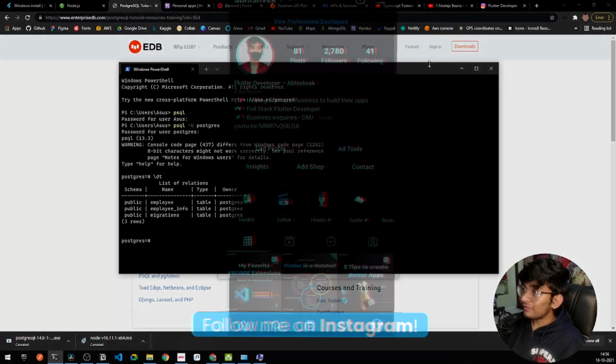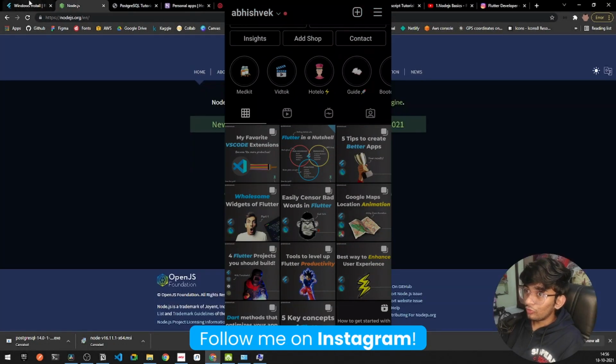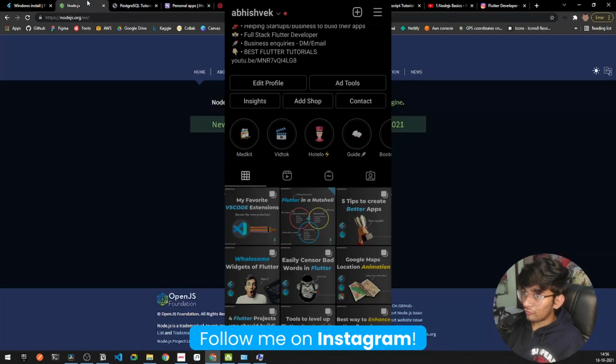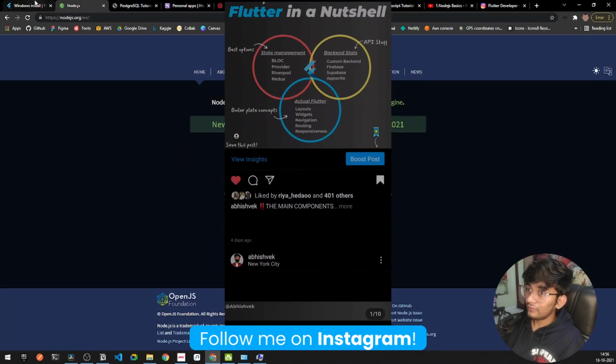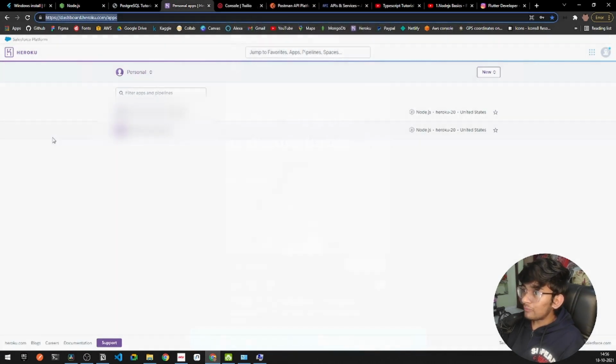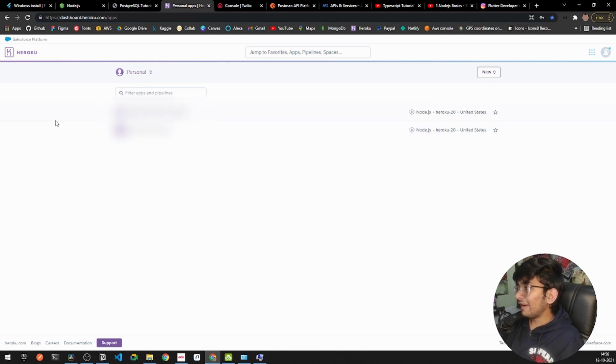So right now you can see we have got our Postgres up and ready along with Node.js and Flutter. Once everything is installed, from your database to your runtime environment to your front-end SDK, the fourth thing is about our entire server. We shall be using Heroku as a server for our database. So you have to create a new account on Heroku and that's it. Other than that, whatever thing we shall be requiring, I will be telling you on the day of the video. But you have to open a new account on Heroku and that's it for now.